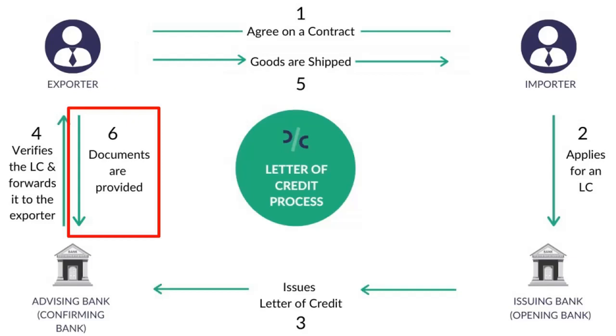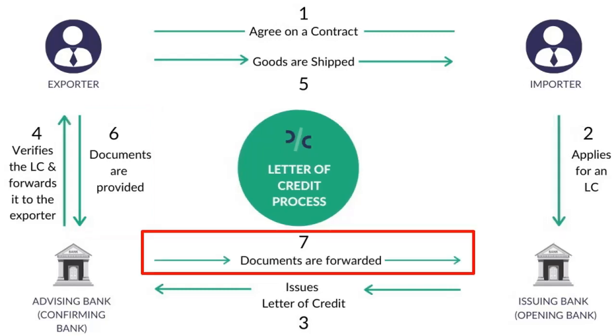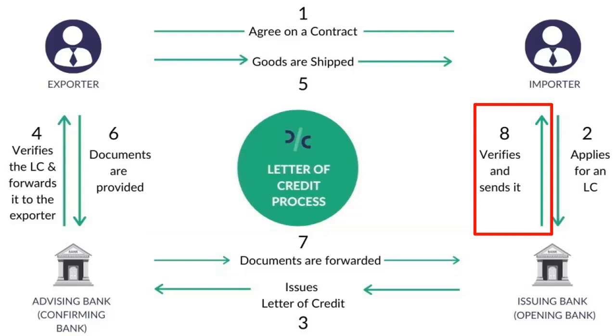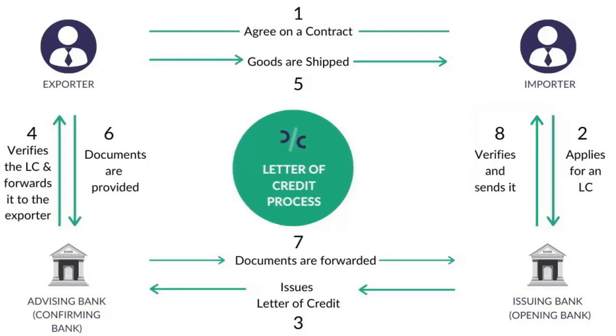After shipping the goods, the exporter forwards all the documents related to the shipment to the exporter bank. Then the exporter bank, the confirming bank, forwards the shipment documents to the issuing bank, that is the LC opening bank. After that, the importer bank, the LC opening bank, verifies the shipment documents and sends them to the importer and requests confirmation from the importer on the same. After the importer confirms that the shipment is handed over to the shipping agent, he issues the shipment and confirms